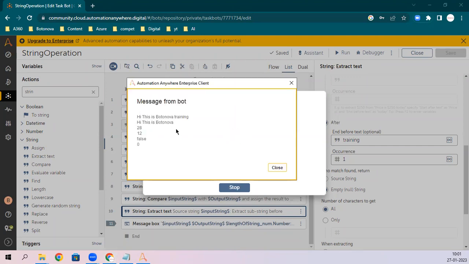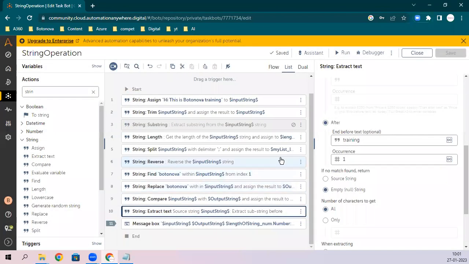See, hi, this is Botanova. तो first of all you have to think कि चाहिए क्या, कि what is the requirement. Okay, I need Botanova, only Botanova. Okay, just use before and after both. Before में ये दो, after में ये दो. Okay, now let's suppose you just need to get this, hi, this is Botanova. तो ये चाहिए मुझे, तो okay, now you have to use after command. तो after में दे दो ये वाला, now you will get this. Let's suppose you need to get this, Botanova training चाहिए. Now you can give, hi, this is into before, now you will get Botanova training. So that's how you can use it. Before में before वाला दे दो, after में after वाला दे दो, you can get the desired output.